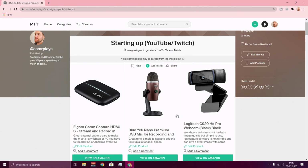If you're streaming on a PC and you're playing PC games, you don't need a capture card to stream. You can use software like OBS, which will do that for you. We'll come into that later, but for now, let's talk about capture cards. So a capture card is useful where you want to maybe stream from a console,